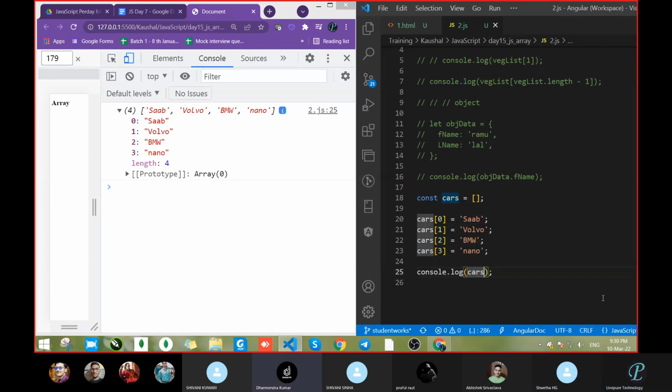cars.length minus 1, sir. Minus 1. What output will it give? Can anyone tell me? Be careful. Nano. I want the exact output. Others?